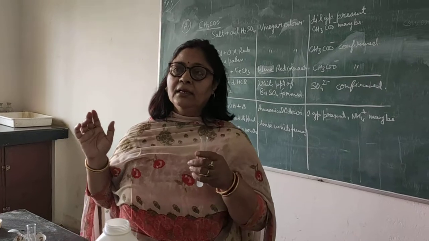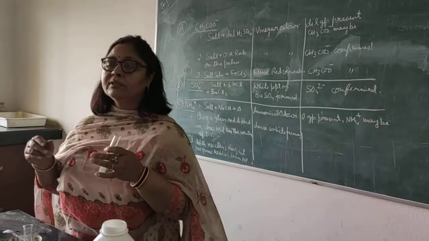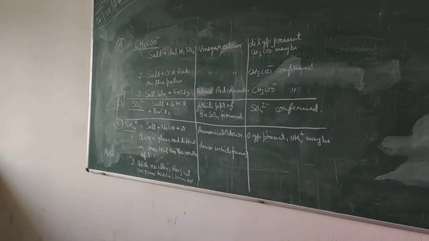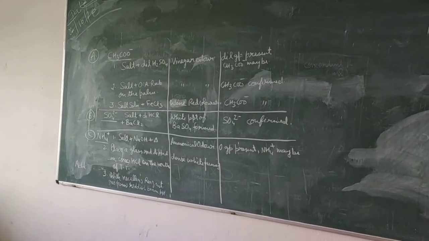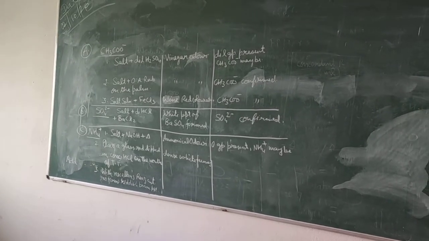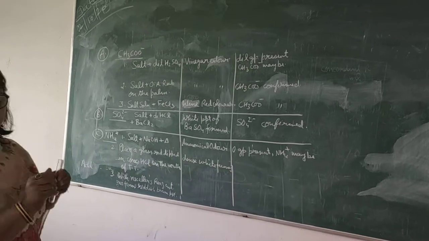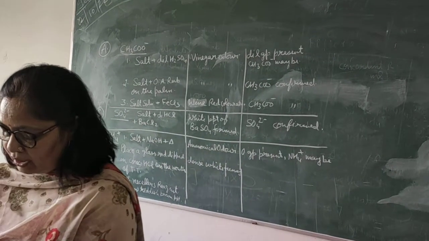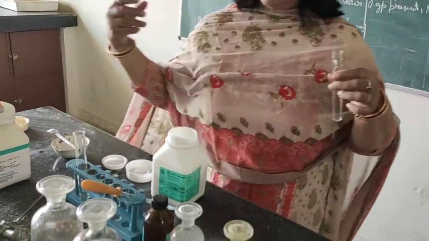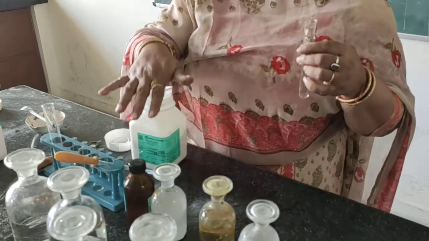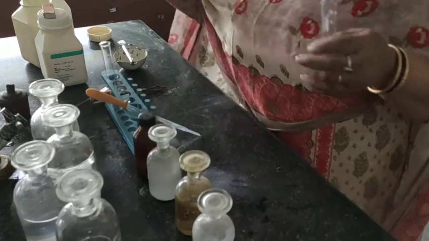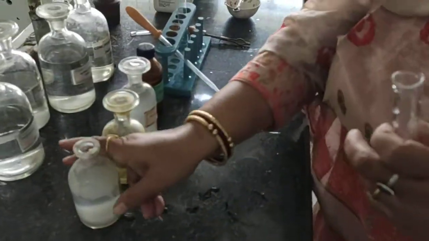When we say that this released ammonia combines with Nessler's reagent, the reagent turns brown due to the formation of Millon's base. So this is another confirmatory test for ammonia. So I just show it. Again we take the same ammonium salt. Now in this ammonium salt, we again add some amount of NaOH.